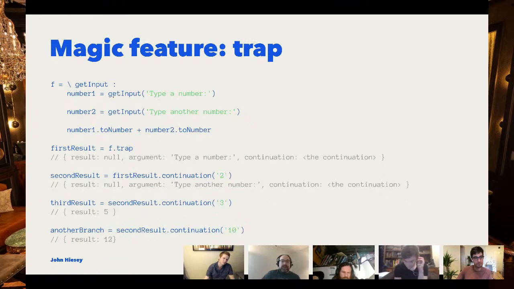Whenever you call the handle, it will pause executing f and return this object that says result null. It's sort of like a finished, not-finished generator. It'll pass in an argument and a continuation. And when you call the continuation, that's like resuming your generator to get the next result. So you can treat it like a generator.